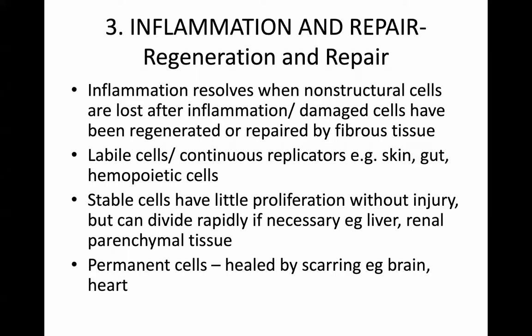Stable cells, those cells that do not grow, for example, cardiac cells, may have little proliferation without injury. So if there is, for example, infarction, because cardiac cells are stable, it's hard for the cells to be replaced. But once those cells die from infarction and they're removed, through the normal process of apoptosis, right? They can be replaced rapidly.